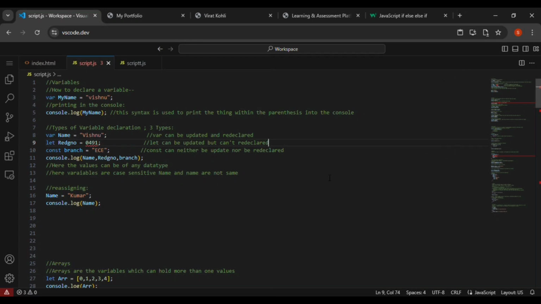Now I am going to explain about variables. Variables are nothing but a container used to assign or store a value. This is the syntax for declaring a variable, and here myName is used as the name for the variable, and Vishnu is the value for the given variable, and it is how we